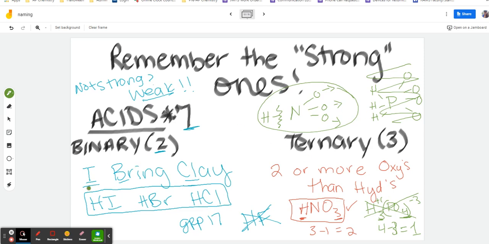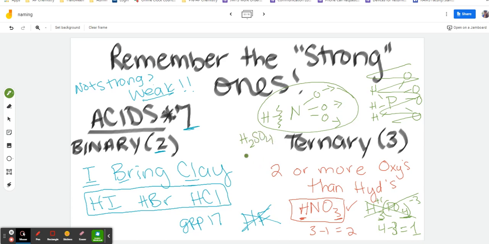All right, so one more time. I, Br, and Cl. Those are your 3 strong binary acids. Ternary acids, so anytime you have your polyatomics, you're looking at 2 or more oxygens and hydrogens, okay? And there are 4 of those. So you can kind of look through your little list of polyatomics and see them, but